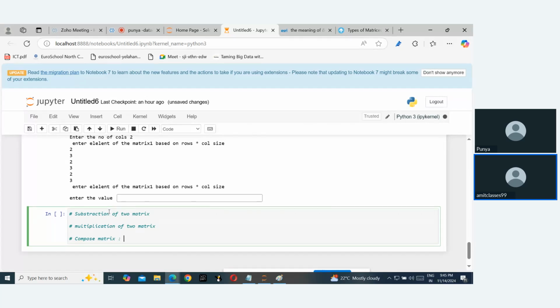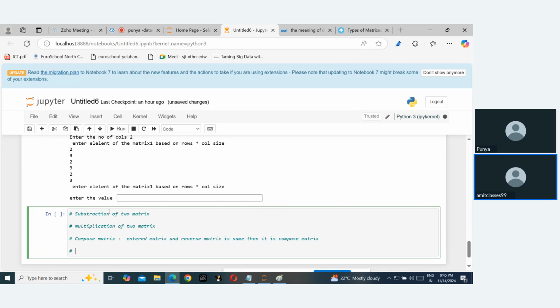कंपोज मैट्रिक्स क्या होता है? बेसिकली द रिवर्स ऑफ मैट्रिक्स इज इफ इक्वल टू द सेम मैट्रिक्स, देन इट इज अ कंपोज मैट्रिक्स। इसमें क्या होता है कि इंटर मैट्रिक्स एंड रिवर्स मैट्रिक्स, इफ सेम देन इट इज कंपोज मैट्रिक्स।